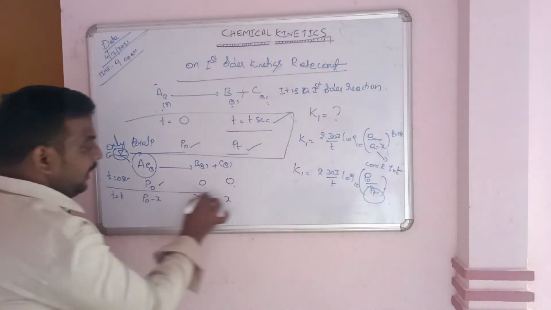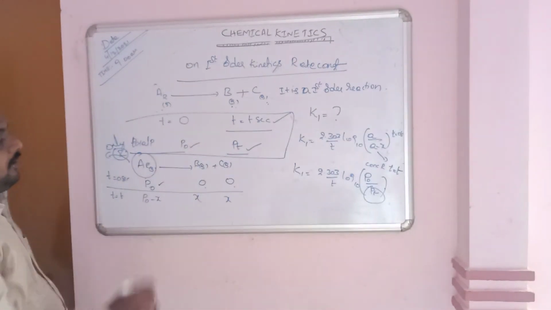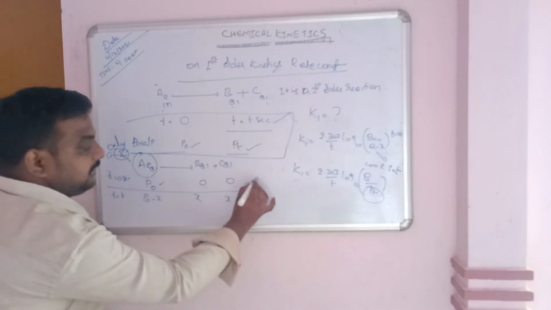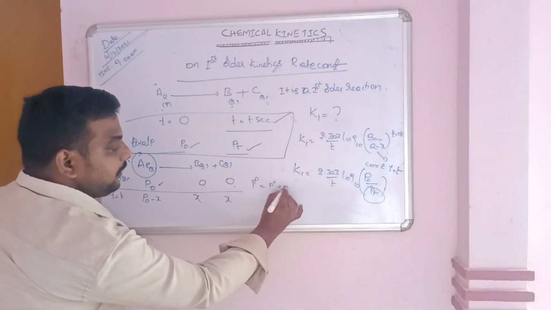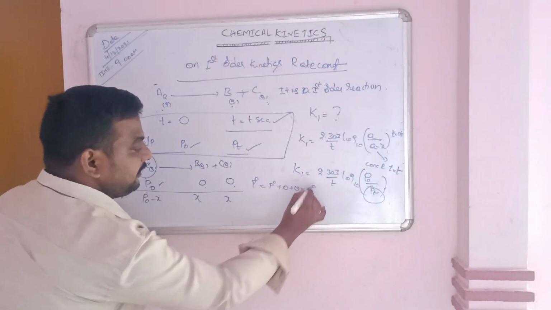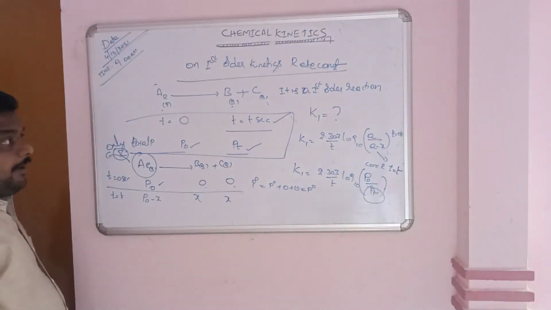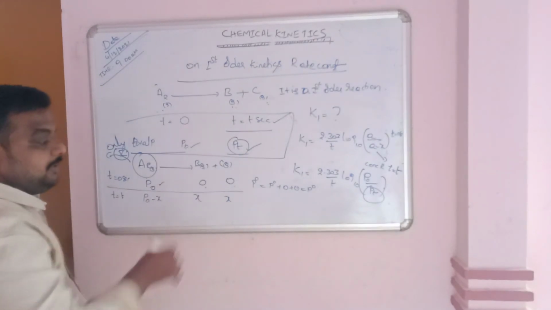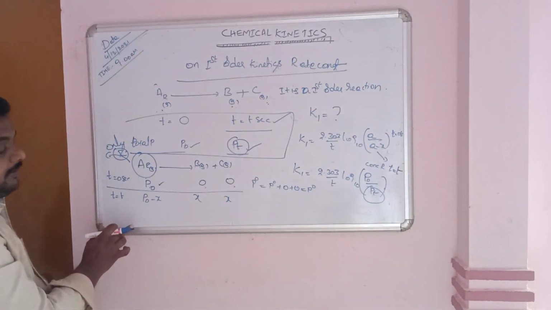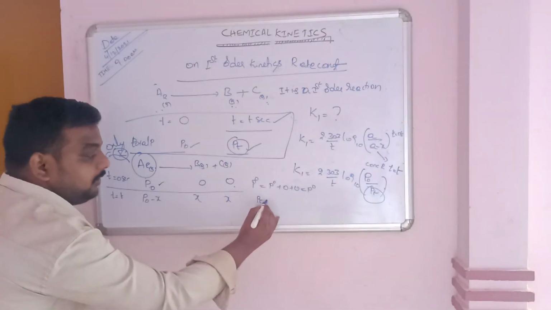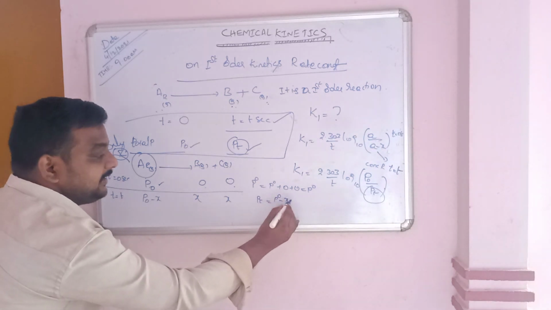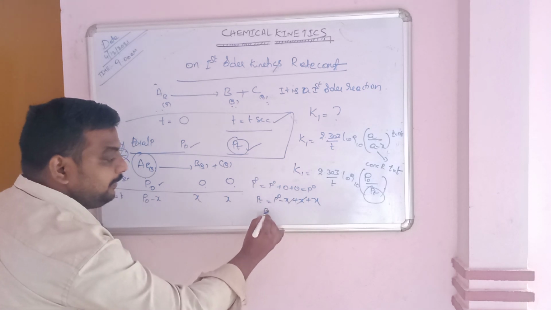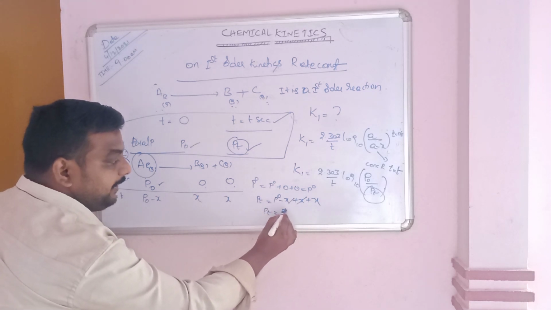So in the data, the total pressure at the start is P naught, which is P naught plus 0, equal to P naught. At time t, the total pressure is given as Pt in the question. But according to the equation, the total pressure Pt is equal to P naught minus x plus x plus x. So x and x cancel, and Pt is equal to P naught